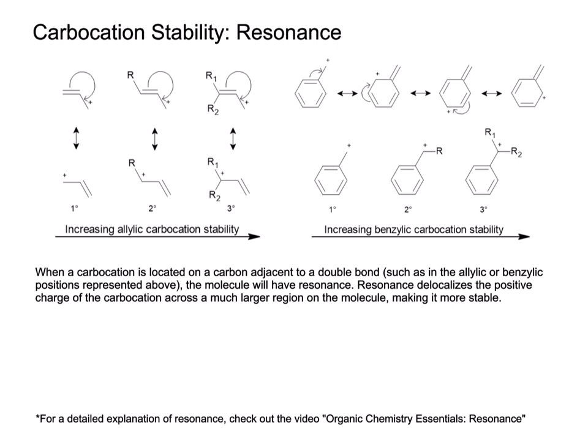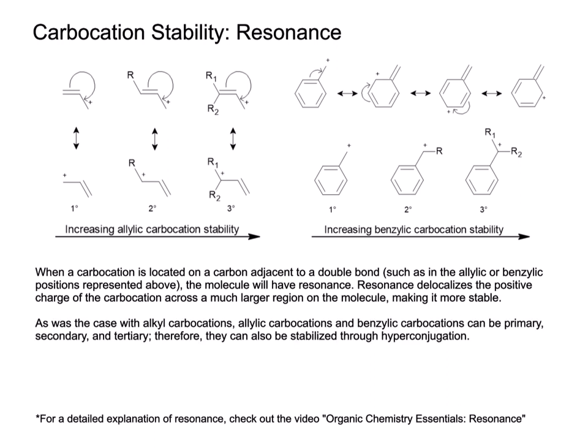It has to be adjacent to it. Anyway, resonance delocalizes the positive charge of the carbocation across a much larger region on the molecule. And again, delocalization increases stability. As was the case with the alkyl carbocations on the last slide, allylic carbocations and benzylic carbocations can be primary, secondary, and tertiary. Therefore, not only can we stabilize the allylic and benzylic carbocations through resonance, we can also stabilize